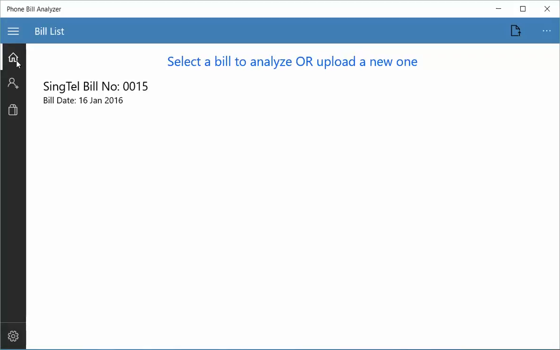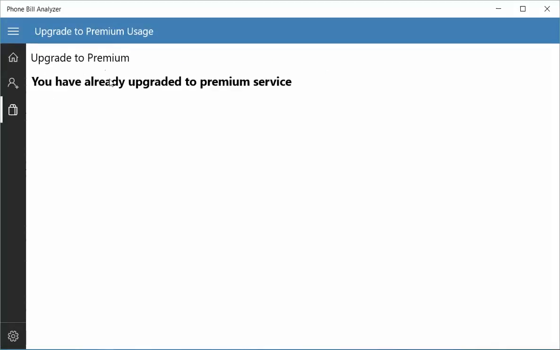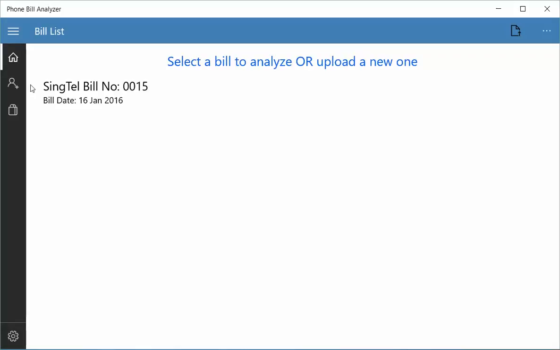And if you want to analyze multiple bills, we request you to please upgrade to our premium service. You can upgrade to our premium service by clicking here. I have already upgraded to premium service, so I don't see an option, but otherwise you will see an option to upgrade. So even if you don't upgrade, the application is still free for you to use. You can analyze only one bill at a time. That is a simple restriction that we have put.